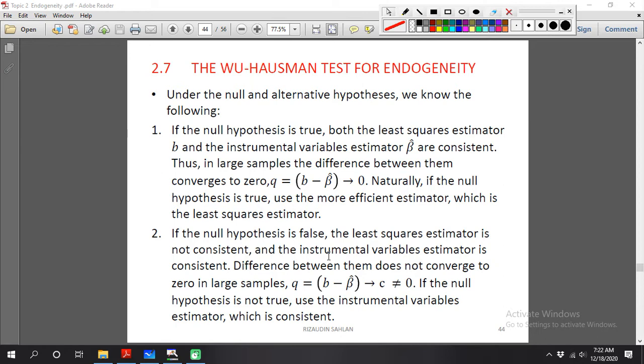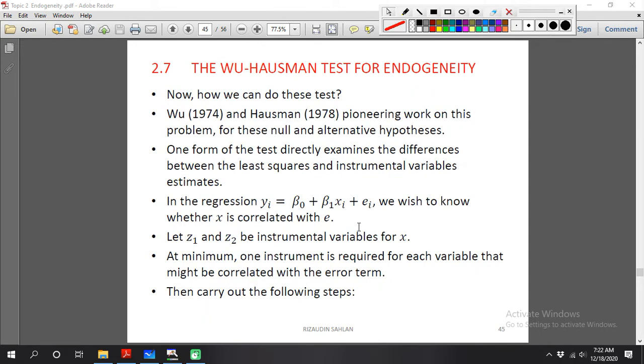There is an endogeneity problem in our model. So in this case we have proof that there is a difference between the instrumental variable estimation and OLS. So of course we need to use the instrumental variable, because of the endogeneity problem.